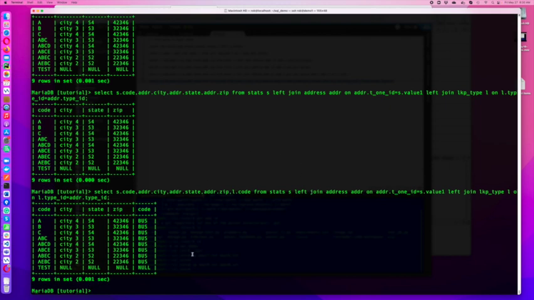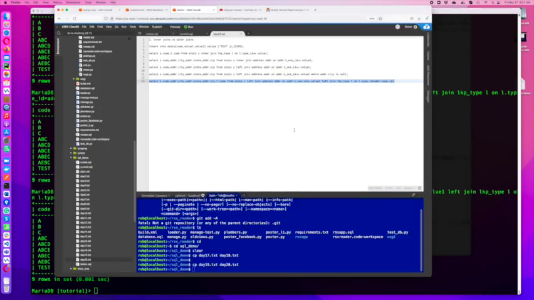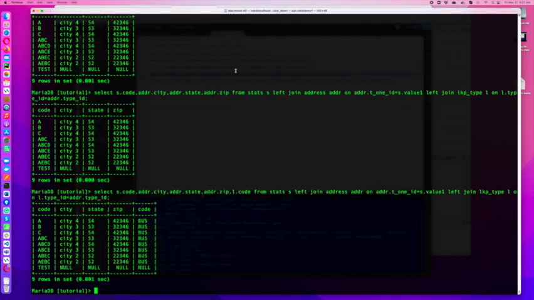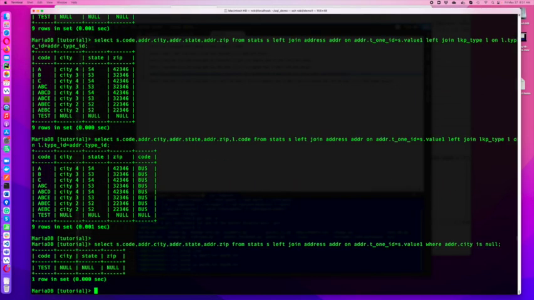So, let's go back to this prior run. Here we're getting everything back, but then we're getting rid of that. We're saying where inner city is null, or I'm sorry, address.city is null. So now we're basically pulling all our records back, and then we're reducing the result set in the where clause. Whereas we could do it without a where,